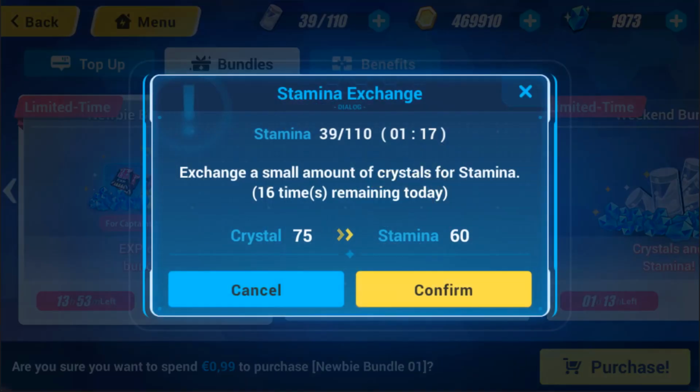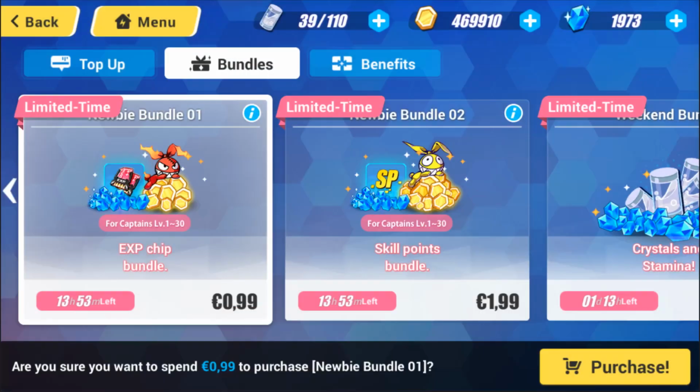You can buy stamina with crystals, but once it gets to 75 crystals for 60 stamina, I don't know, personally I have a very hard time justifying that purchase. I do it when it costs like, I don't know, is it 15 or 20 twice, and then it goes up to 50, and you can do that twice. And I'm a little bit hesitant on the 50s as well, but especially early on I want to get up higher,